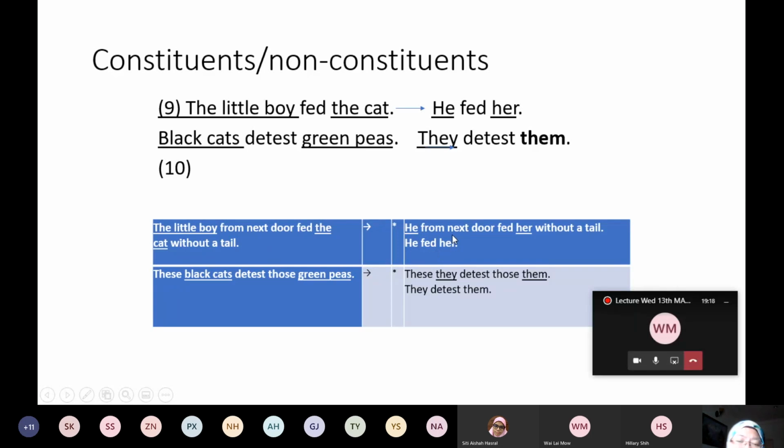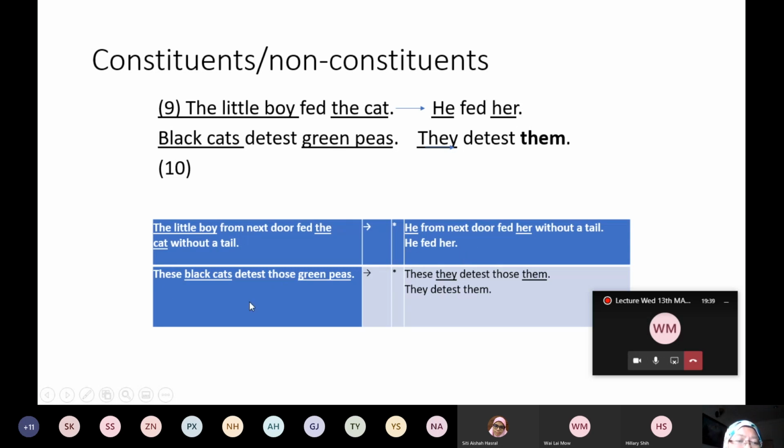So the ungrammaticality is because we only took part of the group. This is a bigger group, the little boy from next door, but we only took the first part of it. And then her without a tail, we only took the first part of it. And it results in